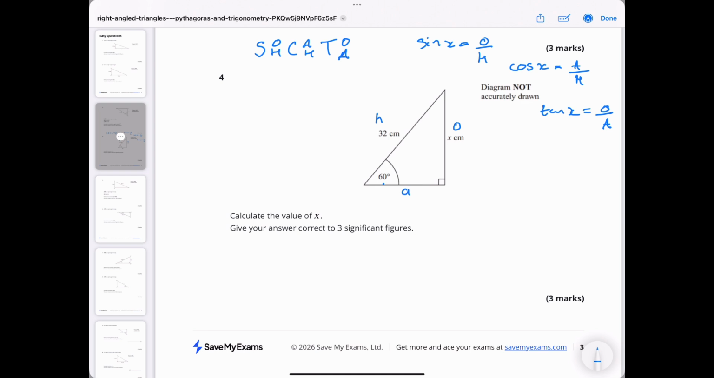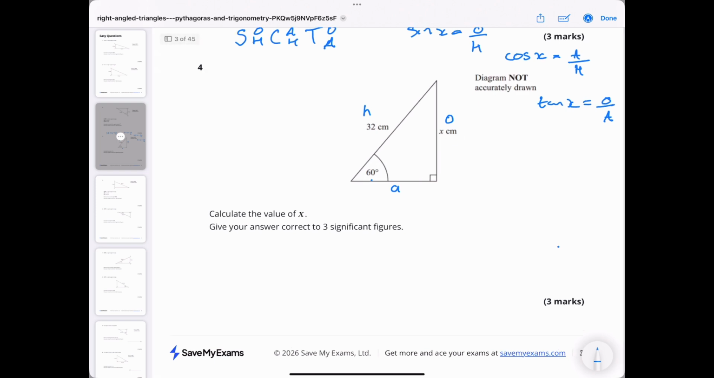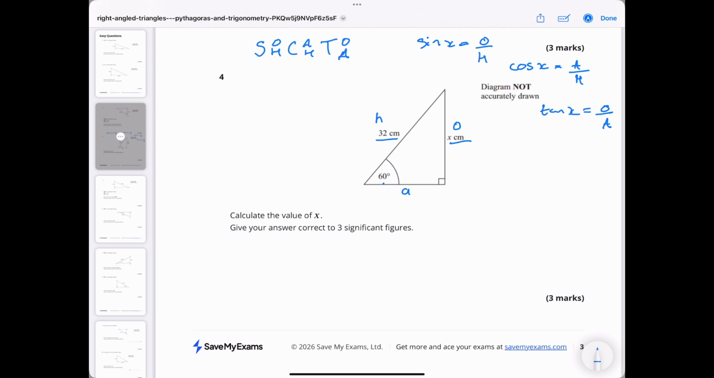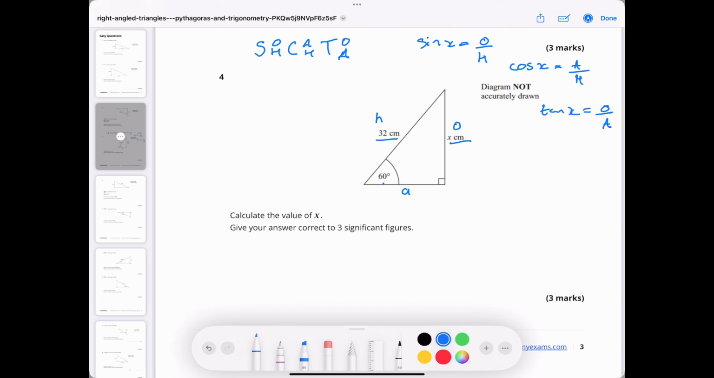Okay, now in this case, we know that we need X and 32 because they're already marked in. So mark the ones that you need. It's O and it's H. And if we know it's O and H, then mark up which one you're going to use. And it's going to be sine, or SOH in this case. So now you write down sine